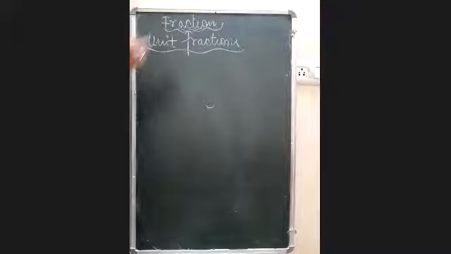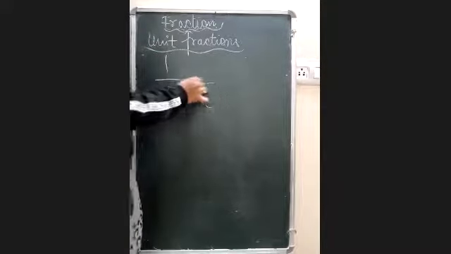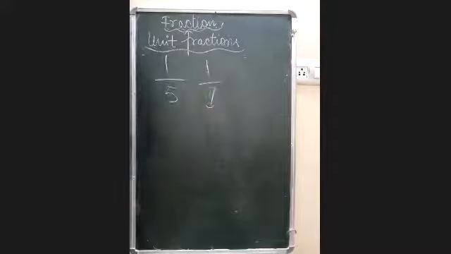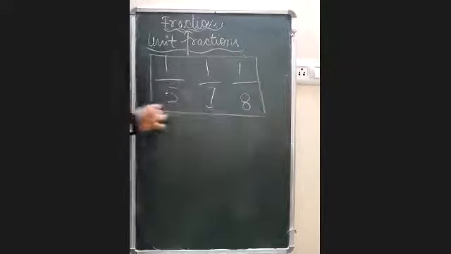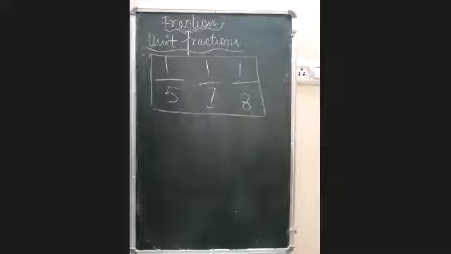When you are taking one part of any whole, it means you are giving example of unit fraction. For example, out of 5 parts, when you are choosing one, out of 7 parts, when you are choosing one, out of 8 parts, when you are choosing one, these all are examples of unit fractions. Okay, unit fractions means when you're talking about the numerator as one, or you can tell it in other language, when you are taking some parts of the fraction and उसमें से हमने जब एक फ्रैक्शन के बारे में बात करी, एक पार्ट के बारे में बात करी, that means we are talking about unit fractions. Okay.